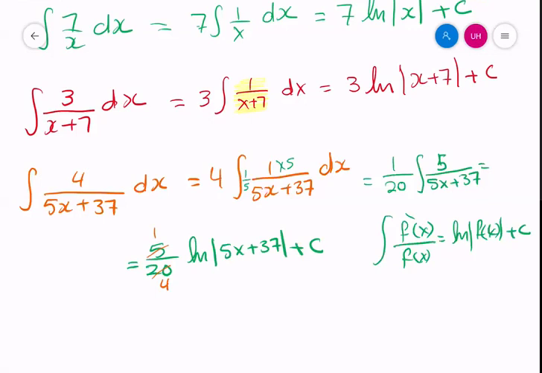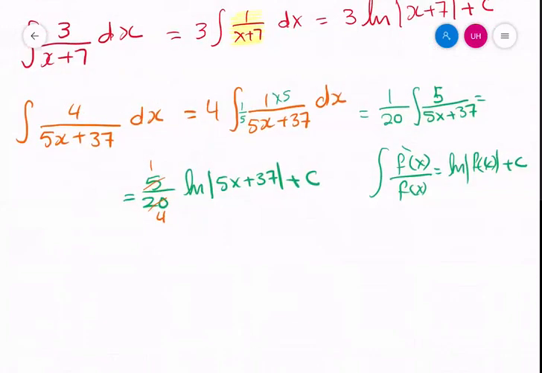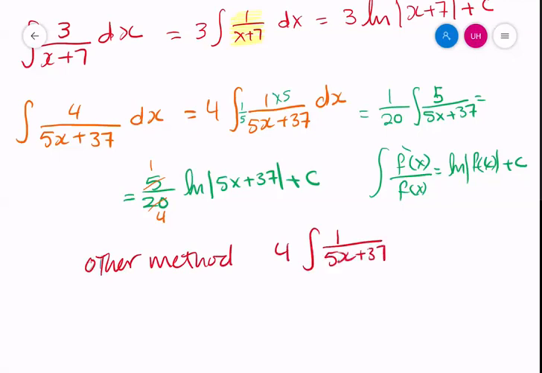I think I have a mistake somewhere. Okay, another way to do it, another method: you can just take the 4 outside and do this as 1 over 5x plus 37 dx, and this is going to be 4 ln